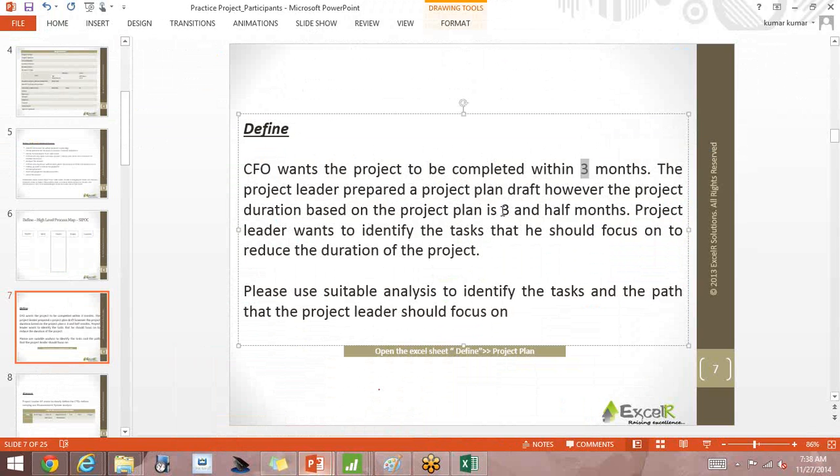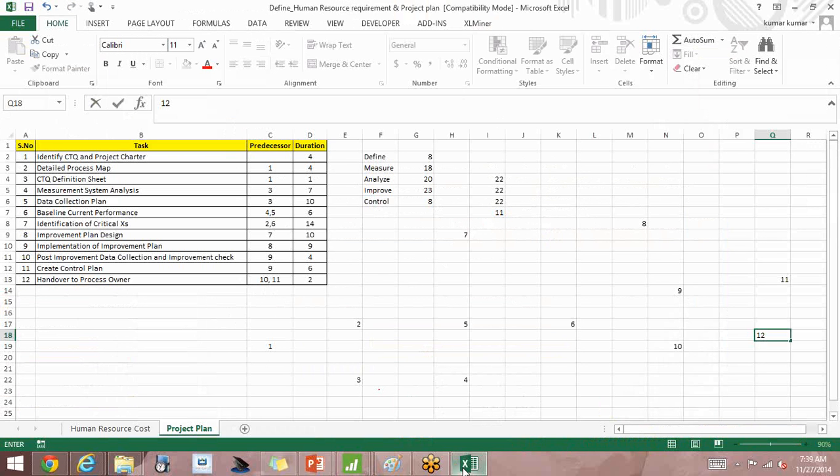But we were telling that it is taking 3.5 months. Then he asked, what are the important tasks that we should focus on to reduce the duration of the project? We have to always reduce the duration of the critical path. What is the critical path? The critical path is the path which takes the maximum number of days.